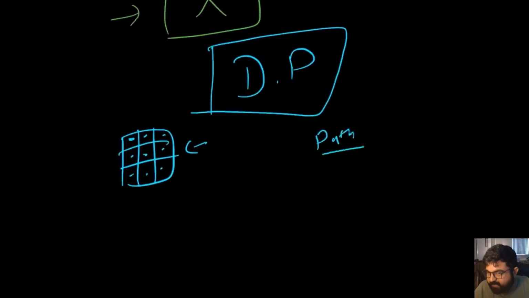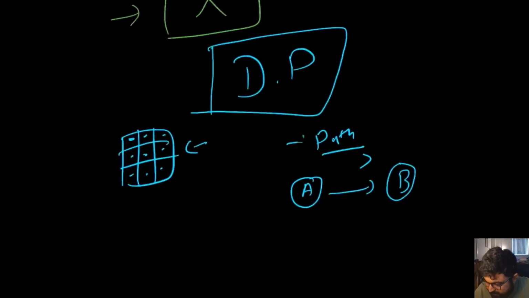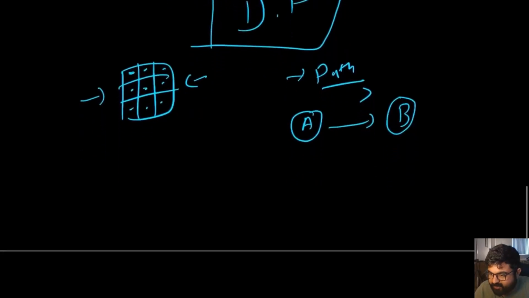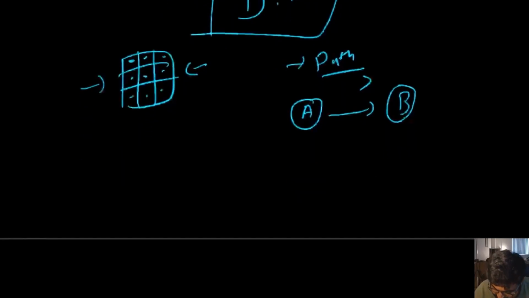Now for this path we are actually given the definition that, let's say the value of the current cell is A, if there is a path from A to B where B is greater than A, then only we can connect A to B and consider it for our path. So rather than treating this as just a 2 by 2 matrix or an m cross n matrix, we can actually consider